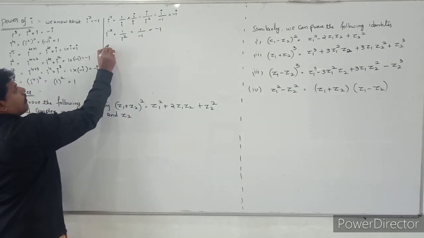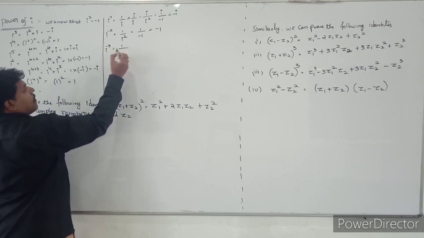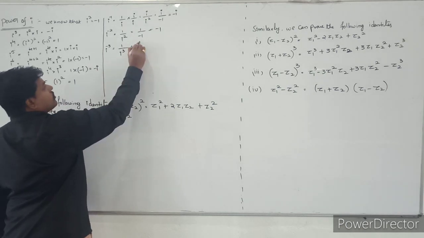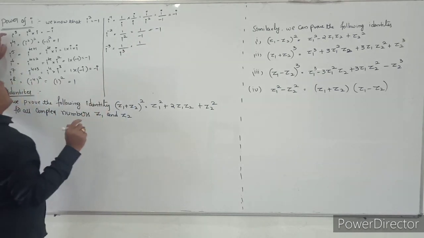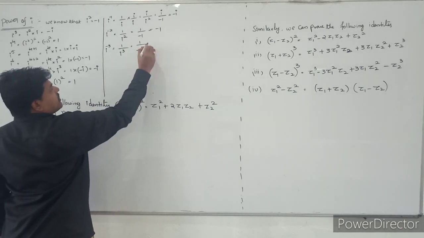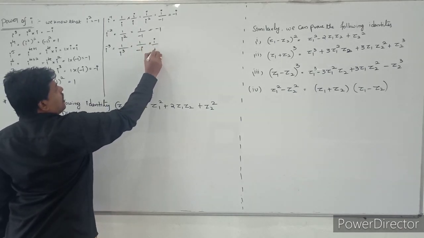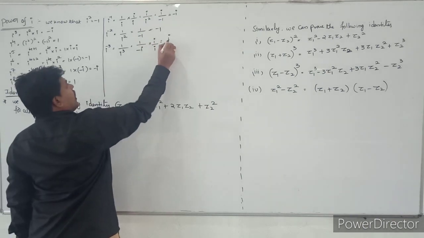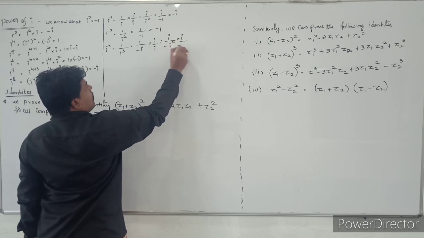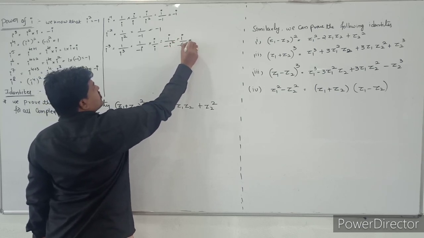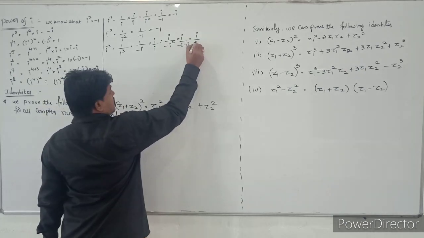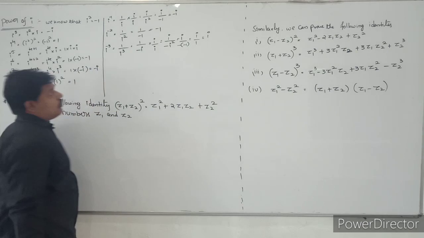So i power minus 3. What is this? 1 by i cube. So that is nothing but, already you know that i cube value is minus i. So it will become minus i. So if the minus i you rationalize with i, what happens? So that is equal to i by minus i square. So that is equal to i by minus of i square value, which is minus 1. So it will become i by minus of minus, it will become 1. So it will become i only.